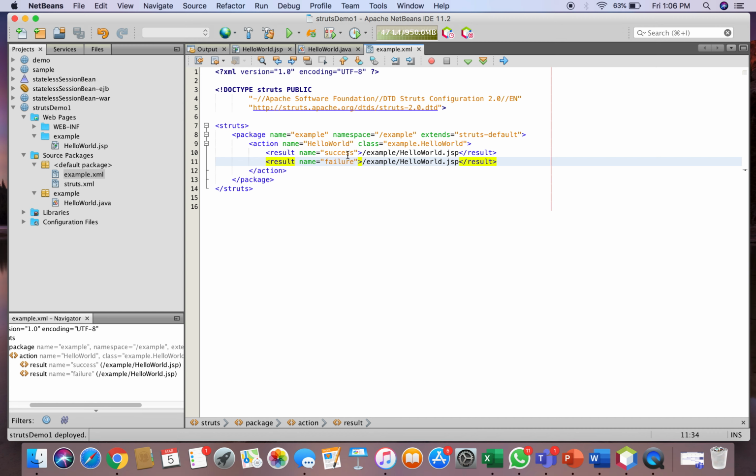In our case, whether it is success or failure, we are going to the same JSP page but with a different message to be printed. So this has created our action and the JSP file through which Struts would be called. We will run this program in our next part. Thank you.